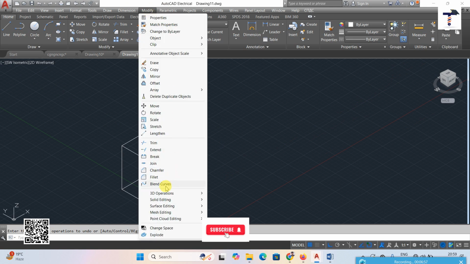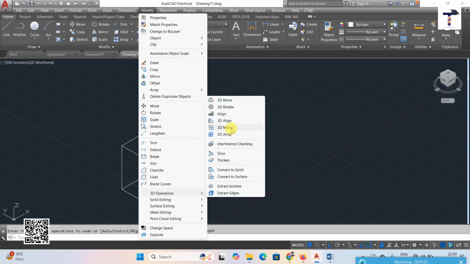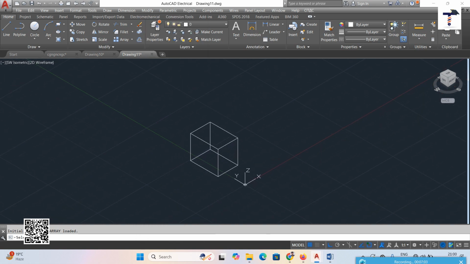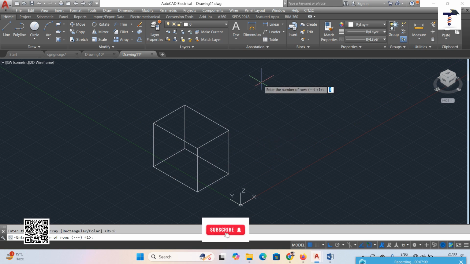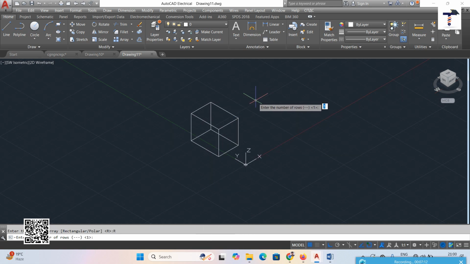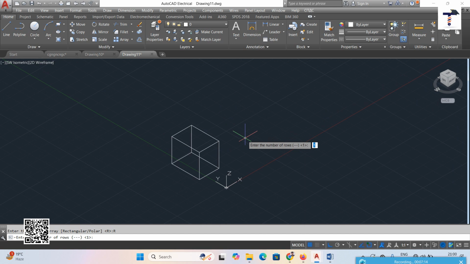Suppose modify here, same procedure, 3D array. Okay, 3D array, there are two options. Suppose select this one, right click, rectangle and polar. Okay, rectangle, suppose enter the number of row, suppose 3 enter, number of column, suppose 4 enter, number of level,